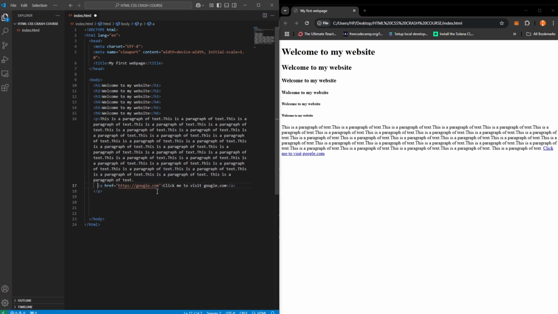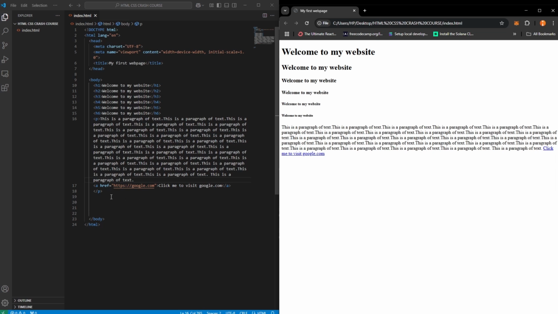You can actually press enter here, right? It doesn't really affect what happens here. It's still going to be on the same line, okay? But just to keep your code organized, reload it. Yeah, still there. Okay, then the next tag we are going to look at is going to be the image tag,